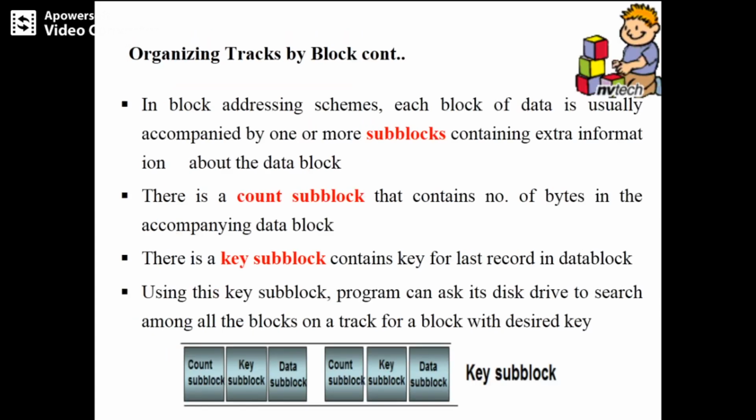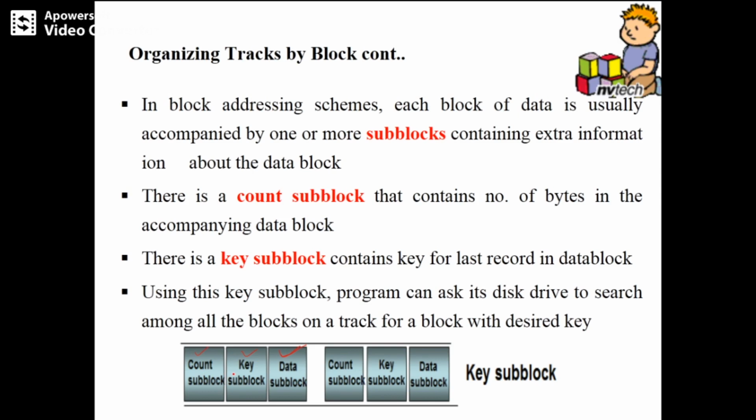Now how exactly are we writing the block? We have three different things in one single block: the count subblock, key subblock, and data subblock. The count subblock contains the number of bytes in the accompanying data block. So it contains how many bytes are there in the data subblock.